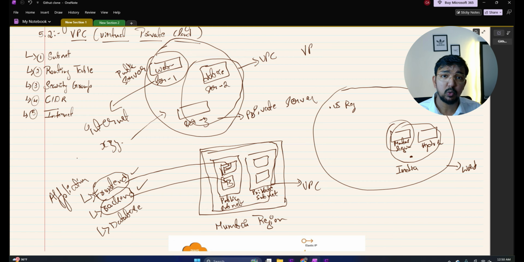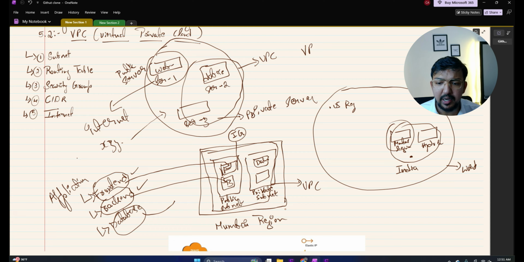I want to keep this database secure. So whatever database I have, I will put it here in the private subnet, so that it is secure. It should not have internet access. Only this public subnet has internet access, guys. This thing we call the internet gateway. So whatever traffic comes from the internet to my server,